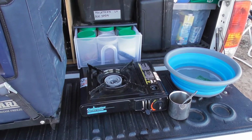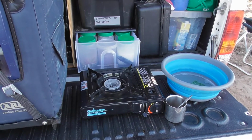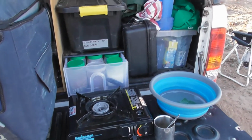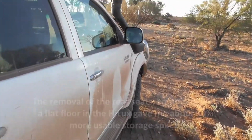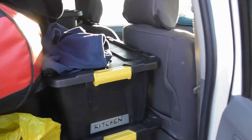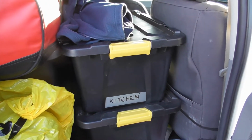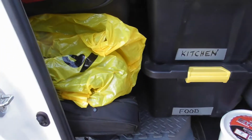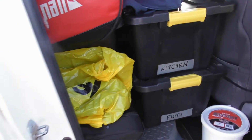And I also had an induction cooktop which I used when I had 240 volt power in some caravan parks, so very useful. In the back of the car, all my boxes contain everything else that I need, and it might look like there's a lot of boxes and a lot of stuff, but I used all of it. Clothes bag, kitchen items, utensils and so on, bowls, plates, food, a second box of food there, my laptop which got used every day, a bag of dirty clothes, that's scintillating,